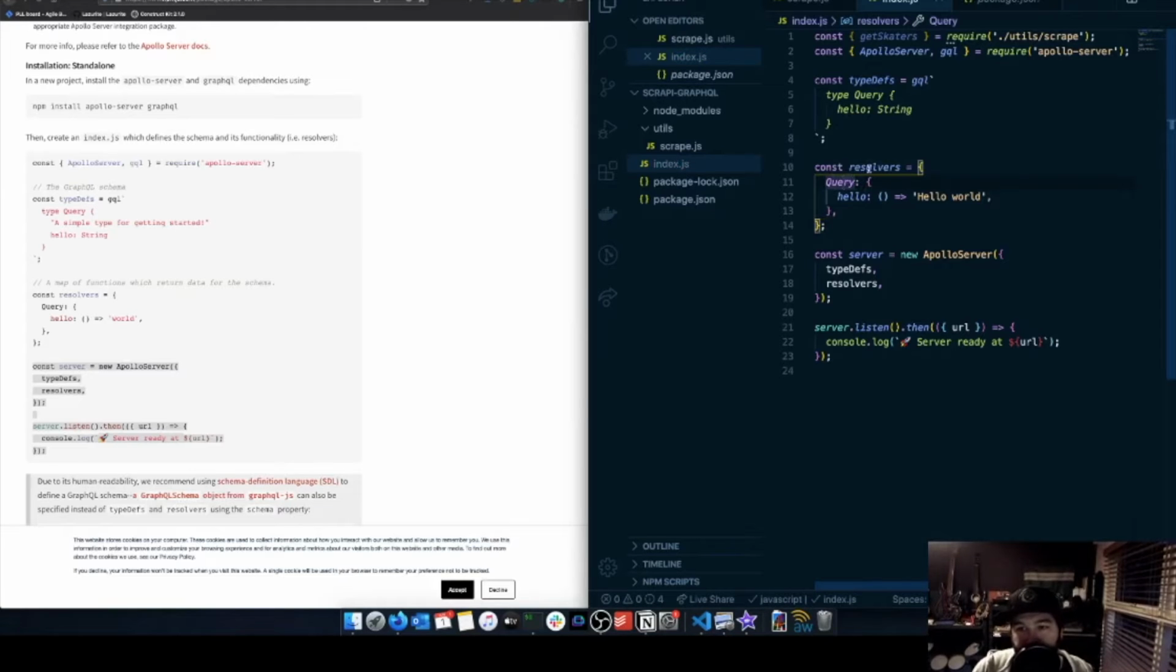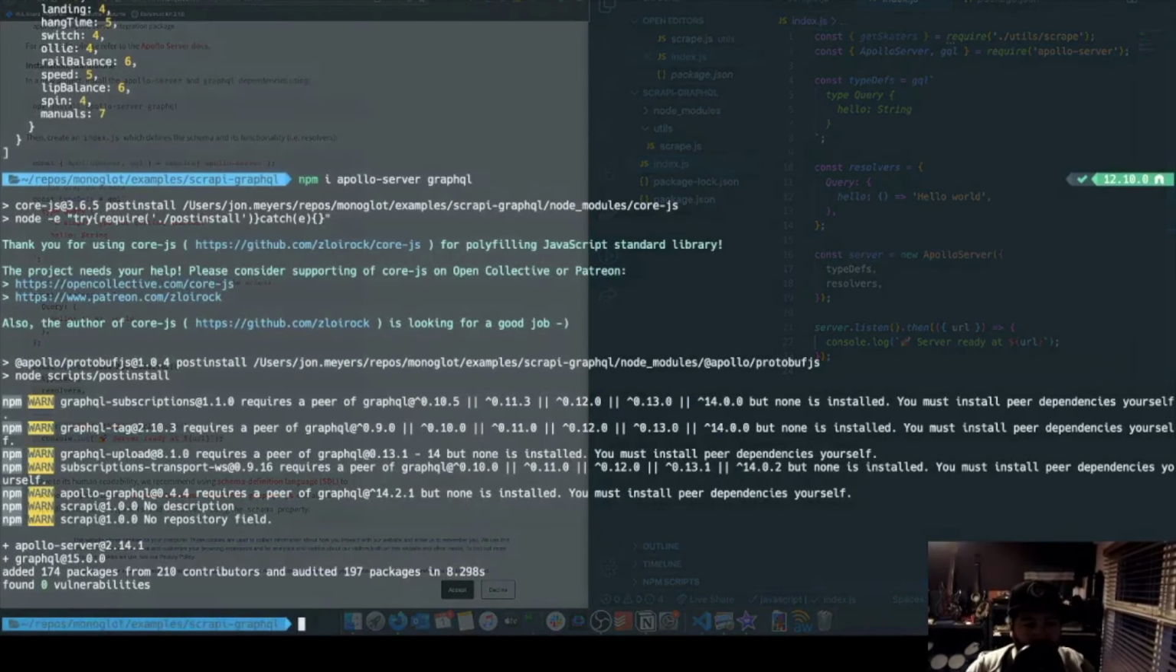Cool. Okay, so again, we have our type defs, which is where we declare all our different types, and then we have our resolvers, which are the functions to go and actually get those values. So we then create a new Apollo server, passing in the type defs and the resolvers, and then we set up a new server listening over a particular port, and then we're just console logging out that the server is ready at URL. So if I now run this, so if I say npm start,